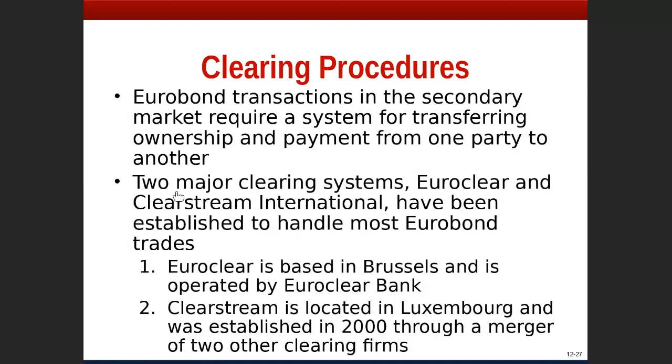Two major clearing systems, Euroclear and Clearstream International, have been established to handle most Eurobond trades. Euroclear is based in Brussels and is operated by Euroclear Bank. Clearstream is located in Luxembourg and was established in 2000 through a merger